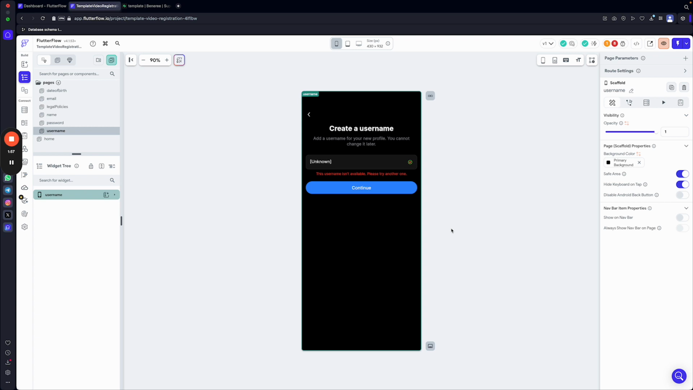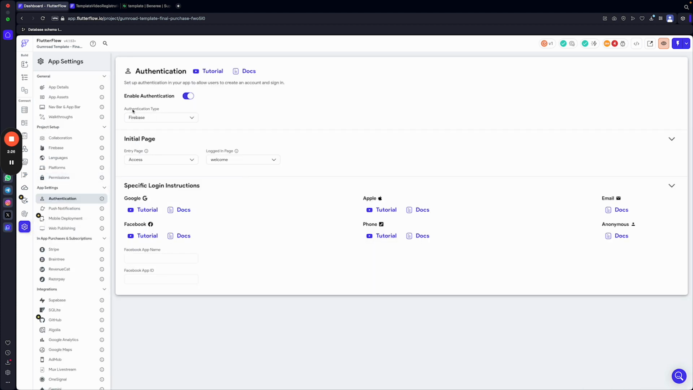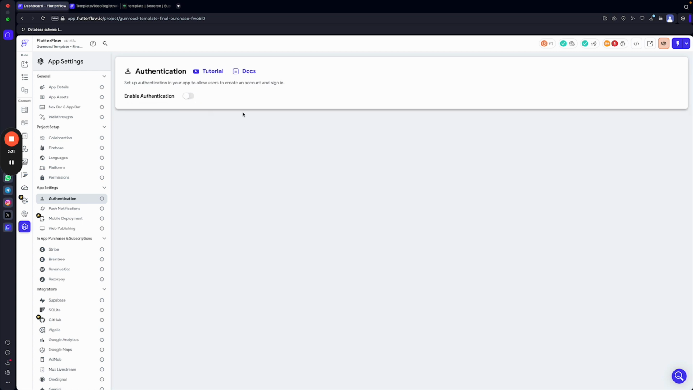Now, the reason I copy and paste elements is that this template comes with integration with Firebase. So when you go into settings, let's say you purchase this template and you don't want to change anything, you want to test this straight away, but you do want to link this template to, let's say, Supabase. You will need to go to settings, remove this authentication and create one for Supabase, for example, but that will cause you a lot of